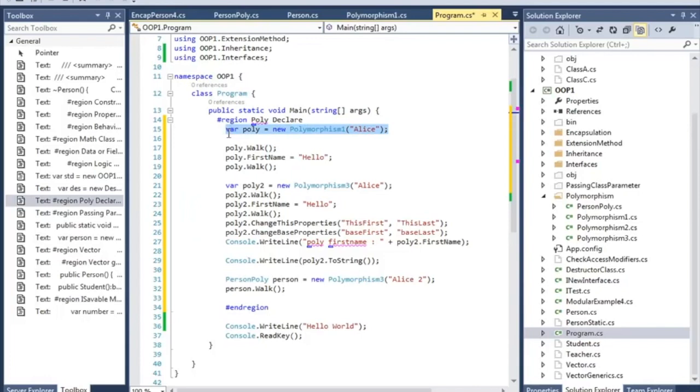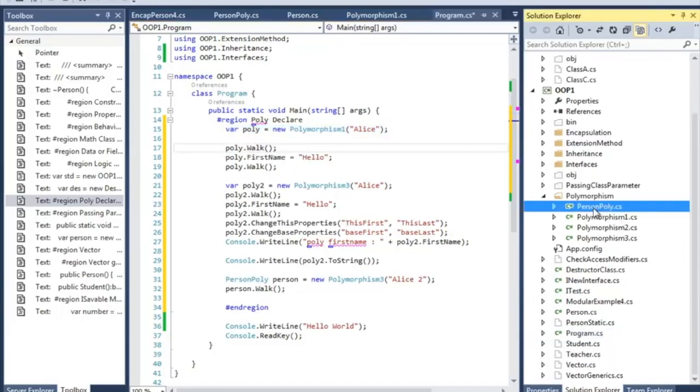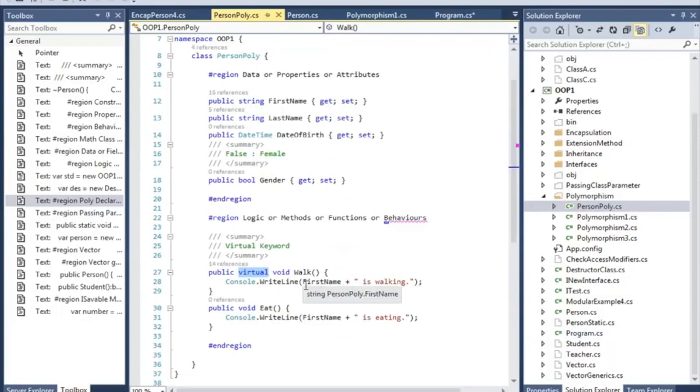I just created the first polymorphism 1 class, poly, and then ask it to walk. If you go to the default walk method, it says that the first name is walking. That's it.